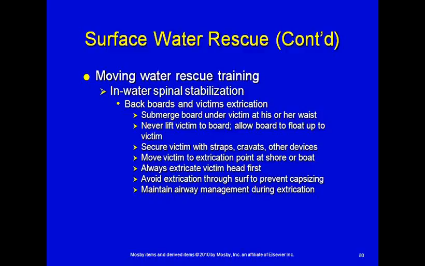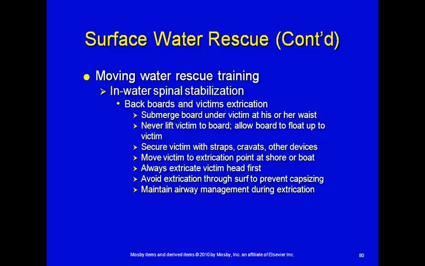You can submerge a board under a victim and help float the board up to the victim, and then float the victim to safety where you can strap them in and then pick them up out of the water, pick them up and put them into a boat, all that sort of stuff. And when you're taking a patient out of the water, obviously extricate them head first,